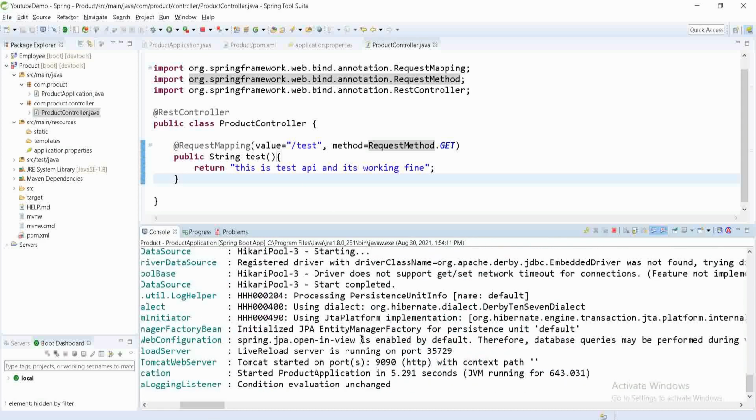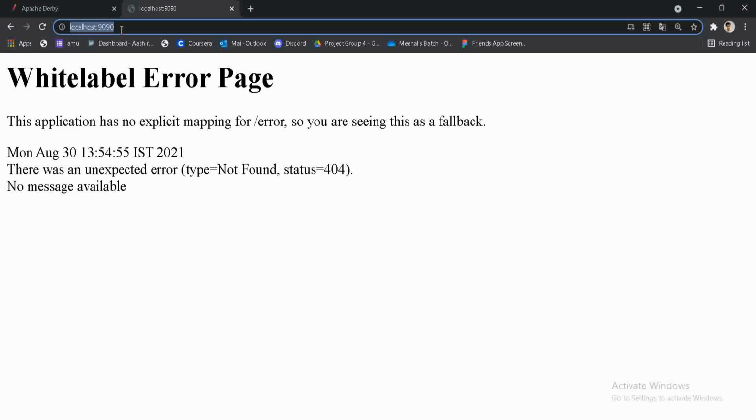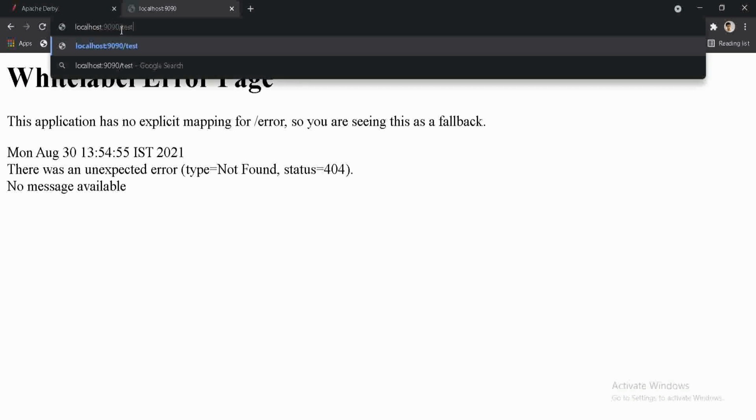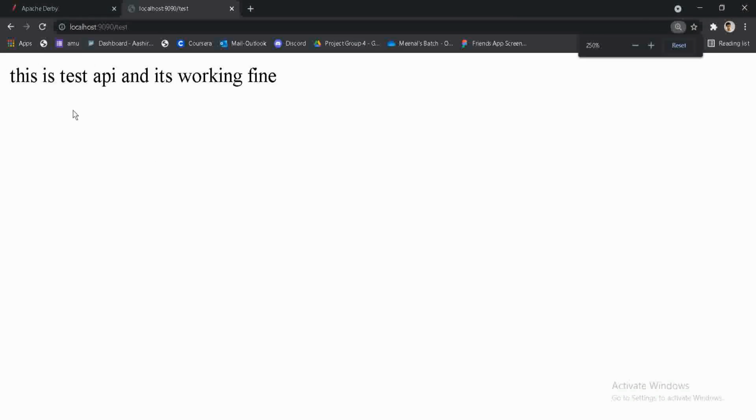Why? Because we have used DevTools. So it runs again on 9090. Let's see in the browser. On 9090 we have one API that is test. Just run this. So here we get the output, the test API is working fine, right?